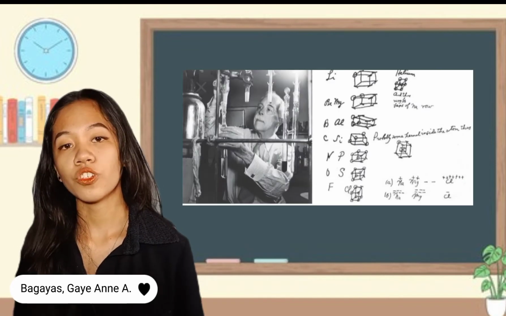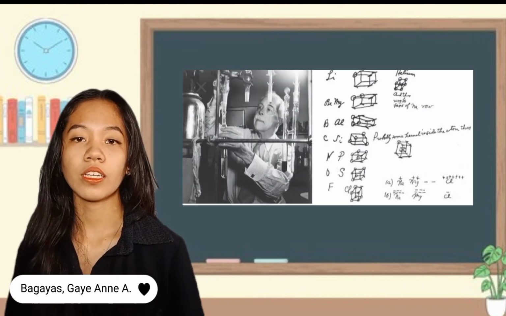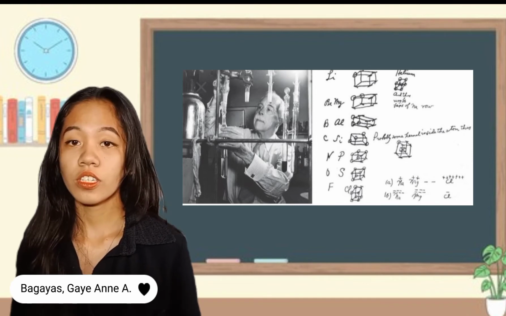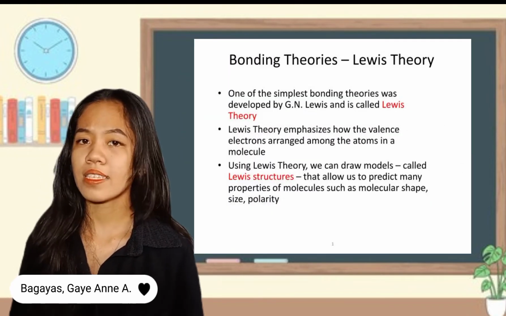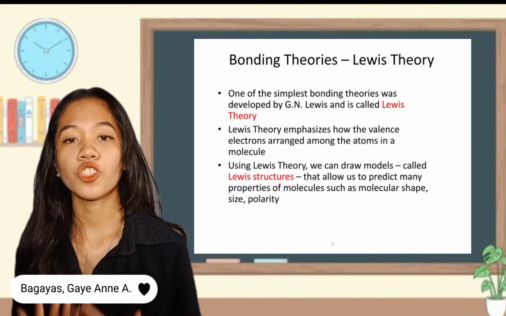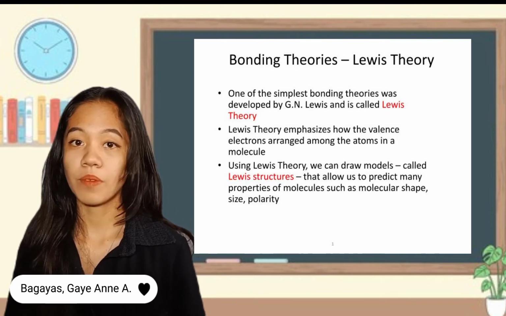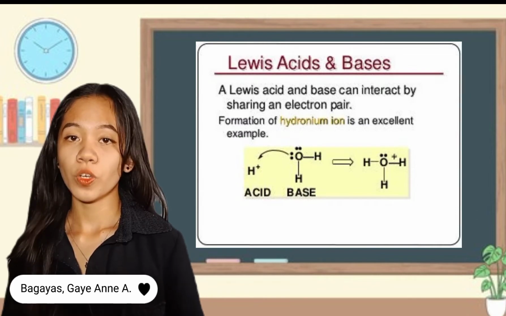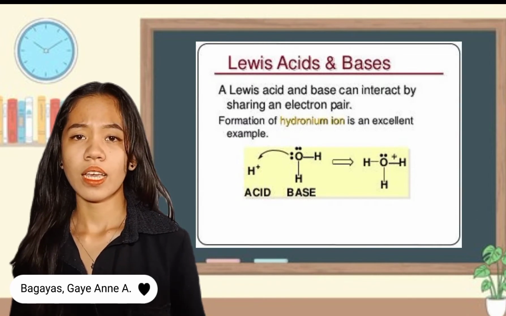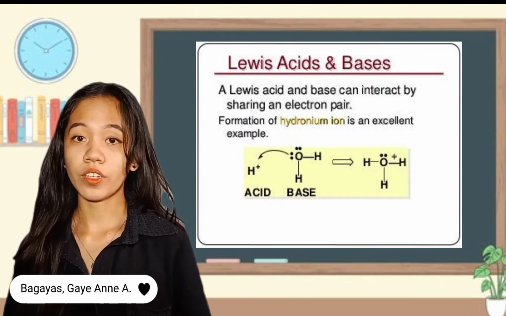So in 1923, G.N. Lewis from UC Berkeley proposed an alternative theory to describe acids and bases. His theory gave a generalized explanation of acids and bases based on structure and bonding. Through the use of the Lewis definition of acids and bases, chemists are now able to predict a wider variety